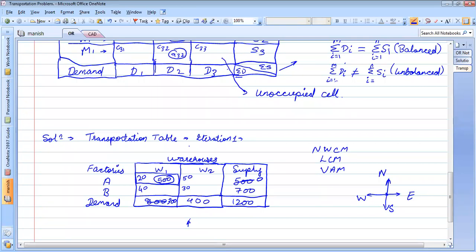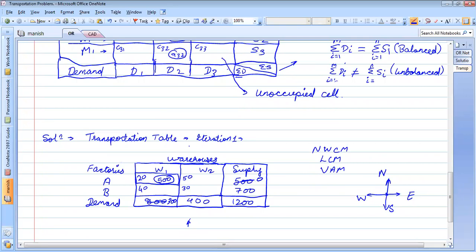Since I have made 500 allocation, what does this mean? This means that from factory A, 500 units will go to warehouse number 1, isn't it? So if you see factory A, will factory A be able to produce more units? No, maximum is 500.